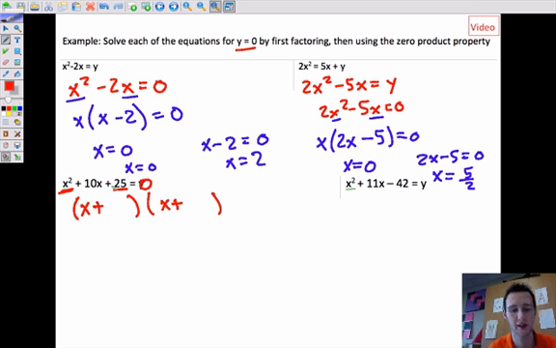Then you look at the constant, and again, that's where you start looking at the factors. So we could do 1 and 25, or we could do 5 and 5. So if we try 5 and 5,